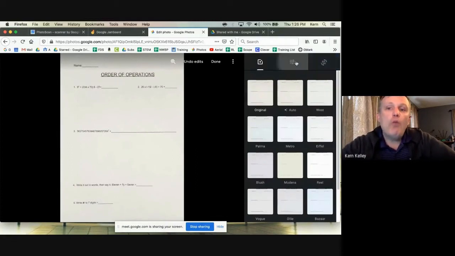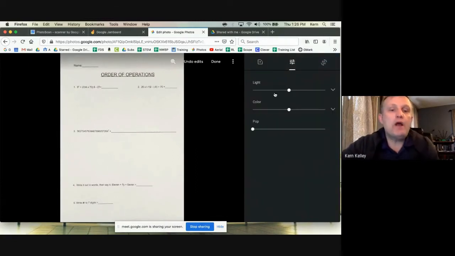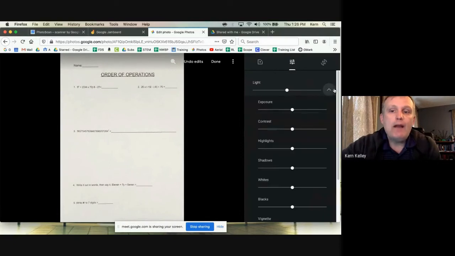And then if I want to get a little bit more, probably I'm not going to change some of these effects, but I might want to change the contrast a little bit. What that will mean is that it will make the whites lighter and the darks darker. So if you notice here, if I go up to a little higher contrast, it'll just make it a little bit darker here because this is just black and white, so that helps a little bit. Anytime if I want to see what it looked like before, I can just click on it and it will show it. Click done.